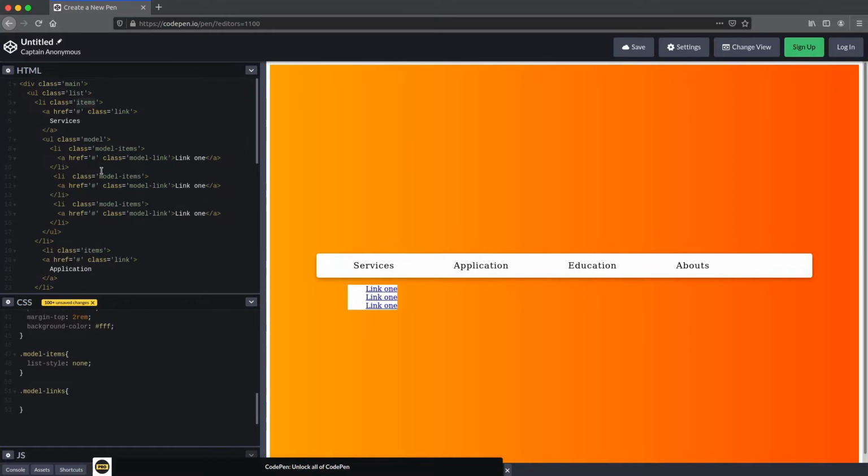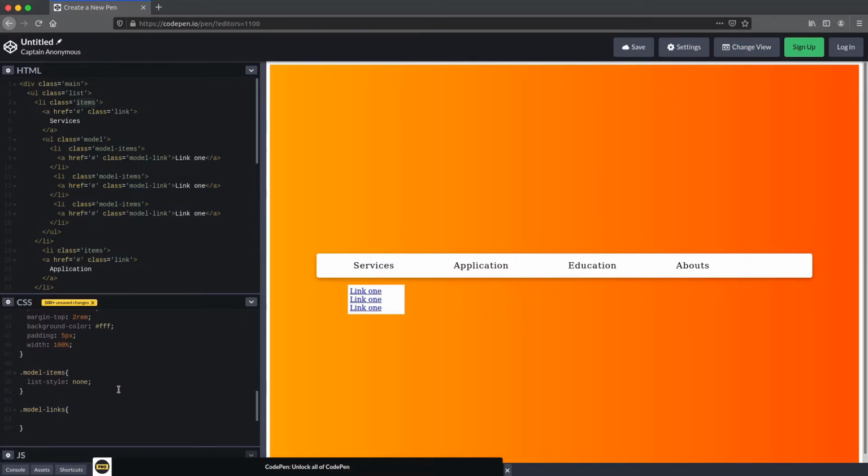I want to give some padding on model. Padding should be about 5 pixels. Now I also want to give some width like 100% of its parent. Now it looks nicer.